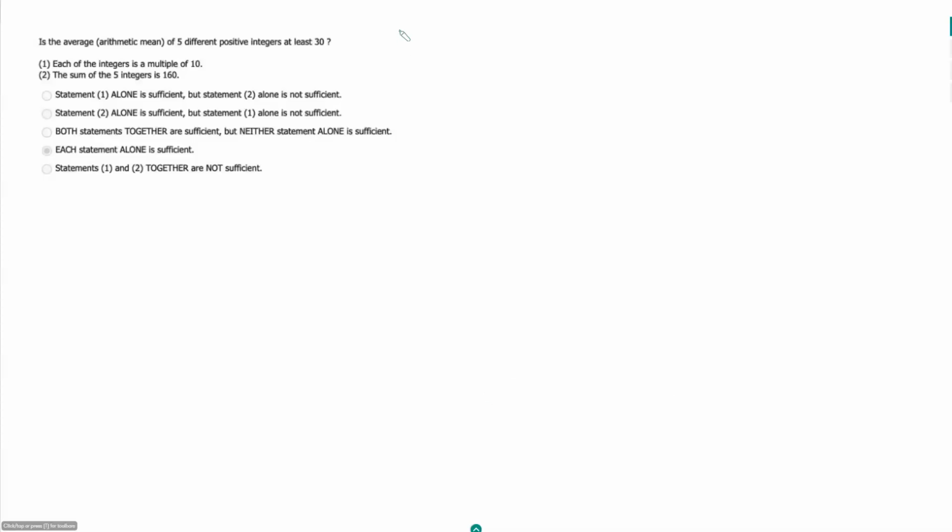Is the average of 5 different positive integers at least 30? So if we know average is equal to the sum of our terms over the number of terms. So just in general, a lot of times, since this is true, when you have questions where they're asking you